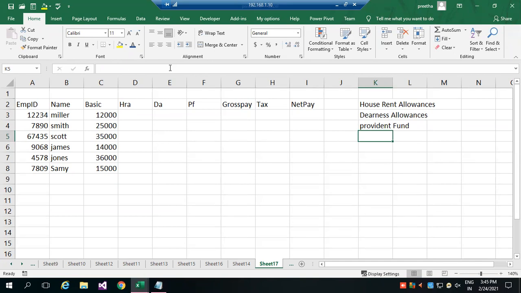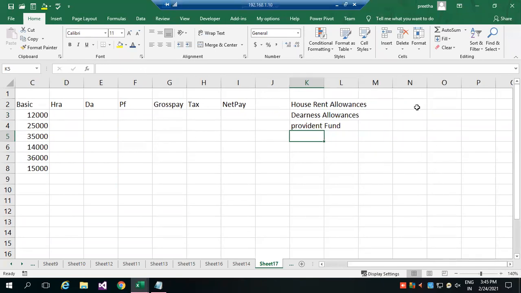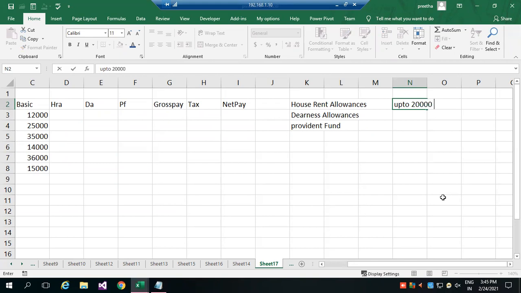So how do we fix house rent allowance? For example, if the salary is up to 20,000, so up to 20,000 of basic pay, they'll be eligible to get 5% of basic pay as their house rent allowance.